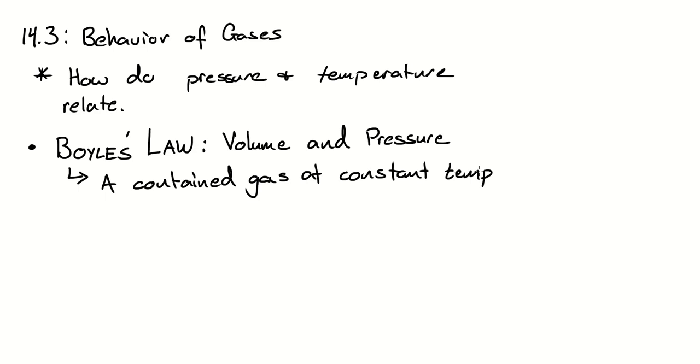If you have a contained gas at constant temperature, and I'm just going to put a semicolon because that's the piece that we need to assume. What's constant when we're dealing with Boyle? Temperature. We don't change the temperature of the gas. It's contained somewhere at some given temperature. The contained gas at a constant temperature has the following relationship. The volume of the gas turns out to be inversely proportional, or it varies inversely. I'm going to say is inversely proportional